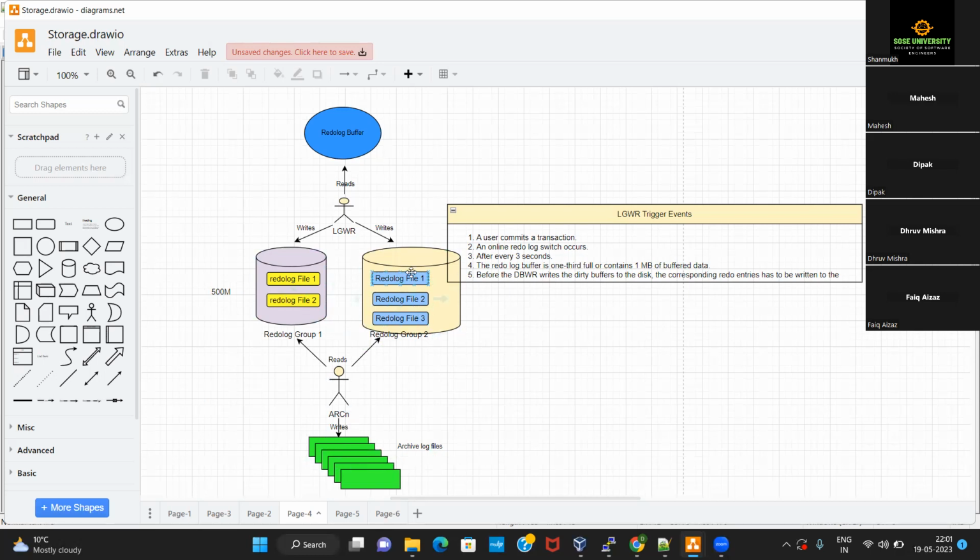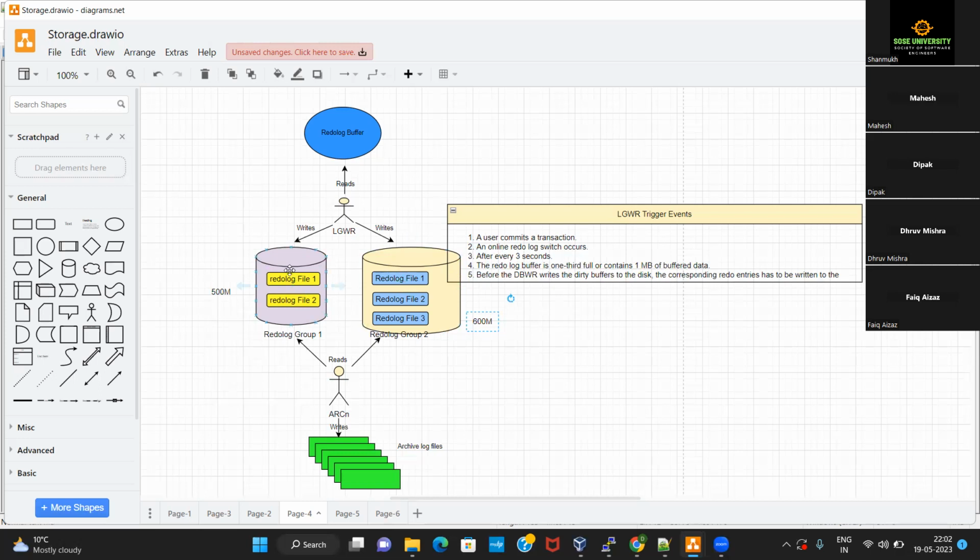After some time, when this group also becomes full, let's say redo log group 2 was of size 600 MB. These groups can be of different sizes, there is no problem with that. Once this 600 MB is full, the LGWR needs to come back to group 1.